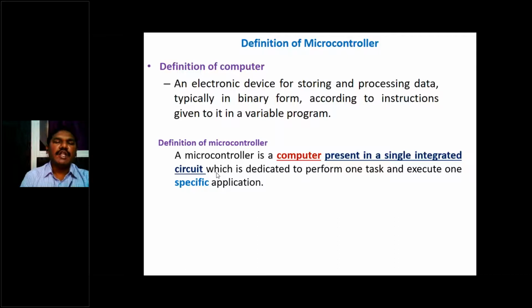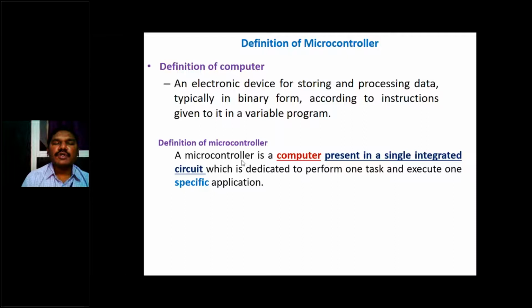That is what we call the microcontroller computer. This computer, the microcontroller itself, is dedicated to perform one single task and execute one specific application. That is the difference between this computer and this computer.